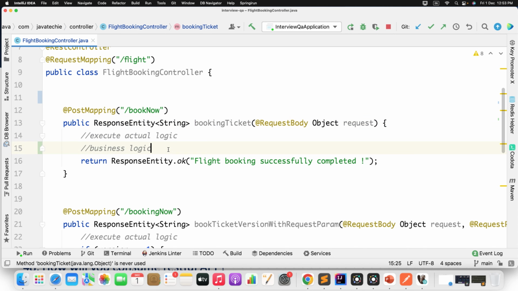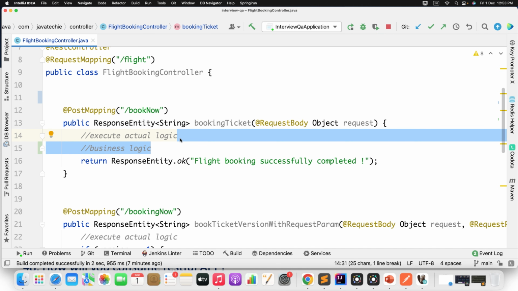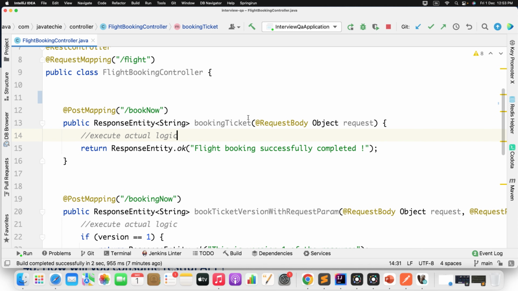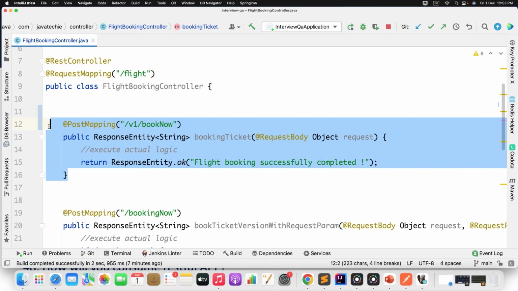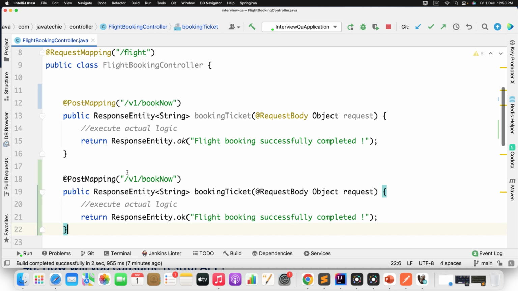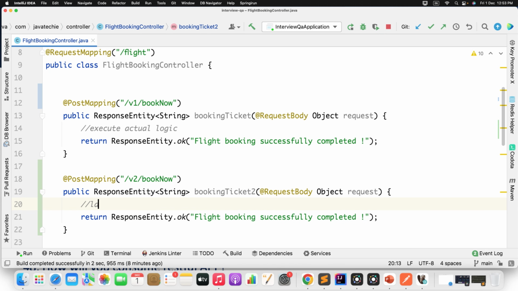So we cannot guarantee about that. There could be n number of corner cases which might be missed at the time of development. Even the tester was not able to identify that. So rather than taking the risk, it's always safe to maintain the versioning. So just define, okay, this is the v1 endpoint, and I will define another endpoint called v2,